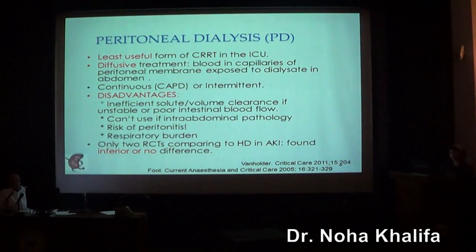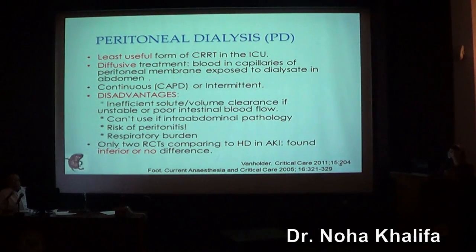It's the least useful form of continuous renal replacement therapy in the ICU. What's the rationale behind it? It's diffusion. Blood in the capillaries of the peritoneal membrane is exposed to dialysate in the abdomen. And again, it could be either continuous like CAPD or other forms, or it could be intermittent. But the disadvantages, of course, because you're depending on the membrane itself, there's an inefficient solute or volume clearance